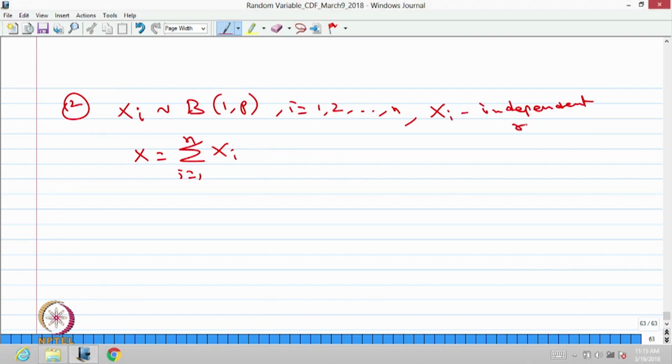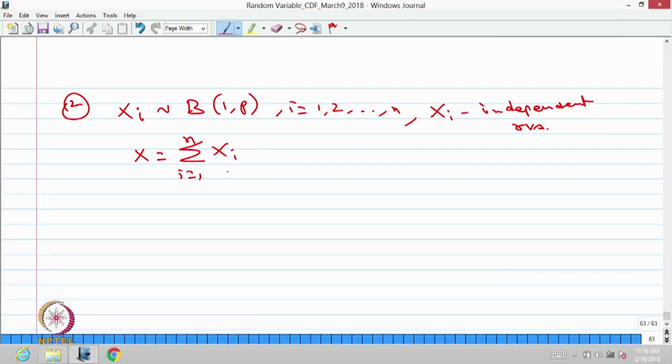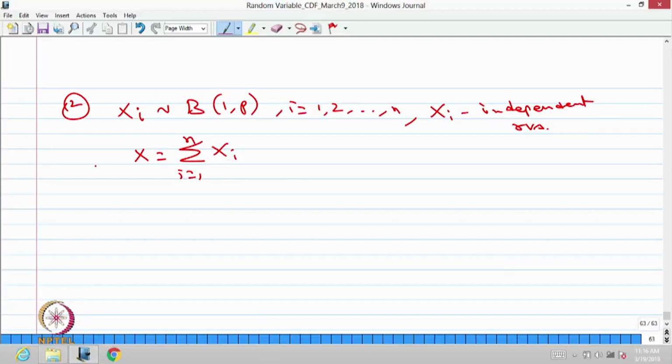In detail, what is the meaning of those n random variables being independent and what properties are going to be satisfied will be discussed later. But now you can keep the assumption that the Xi's are independent random variables, that means they are mutually independent random variables. Then one can conclude that the capital X is a summation of Xi's. So, now the possible values of X are going to be 0 to n, because each Xi takes a value 0 or 1. Therefore, for the sum of n such Bernoulli distributed random variables, you can get the probability mass function.